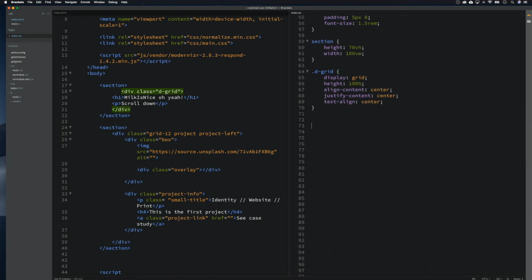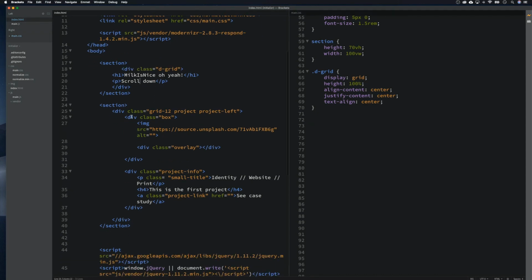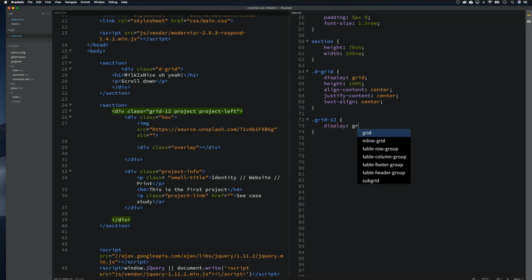Okay, so then what have we got now? Project. Do we need to style the project? Not yet. We're going to use that as a trigger, I think. And so we've got grid-12. So I'm going to make a 12 column grid. So let's go grid-12, and then we're going to display this as grid again, and then I'm going to go grid-template